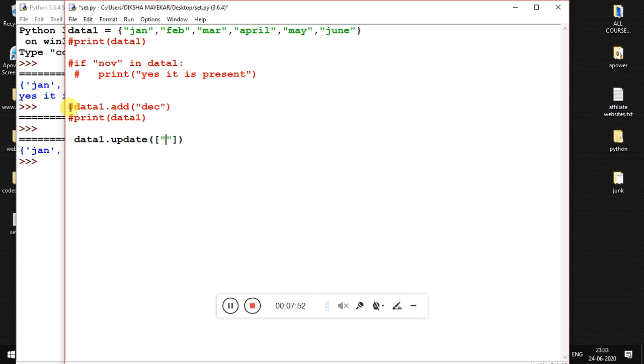So now I will add Monday, Tuesday, and I will add Wednesday. What this will do is add these three more items to our set, which is data1. And if I'm just going and giving out the printout of data1,